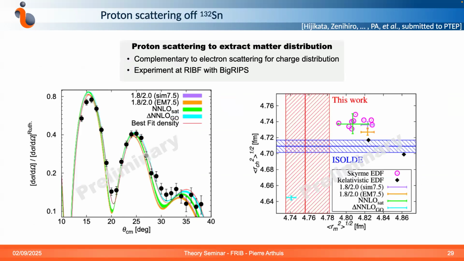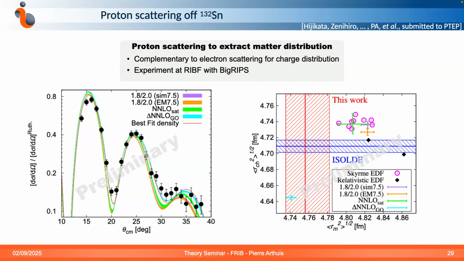Very briefly, very preliminary results that I want to show, also to show how we can meaningfully discuss with our experimentalist colleagues. The group of Zeni Rosan worked in RIKEN on proton scattering to extract the matter distribution of tin 132, an approach that is complementary to the usual electron scattering that you use to extract the charge distribution. The experiment was run at RIBF using BigRIPS. And basically, we gave them charge density, but also matter density distributions with our set of interactions. And from that, they reconstructed the differential cross-section, and you see that we have a very reasonable reproduction of their